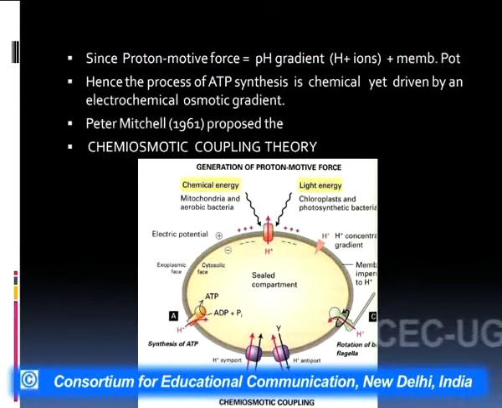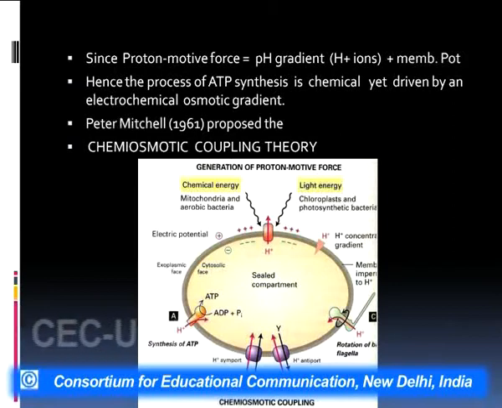So, in other words, the process of ATP synthesis is chemical, no doubt, but it cannot occur on its own. This whole process is driven by an electrochemical osmotic gradient, and this is the basic idea that Peter Mitchell proposed when he gave the chemiosmotic coupling hypothesis for the formation of ATP. In 1961, his work was almost condemned and laughed at, because this was a novel way of having a chemical reaction, that is, by an osmotic means,